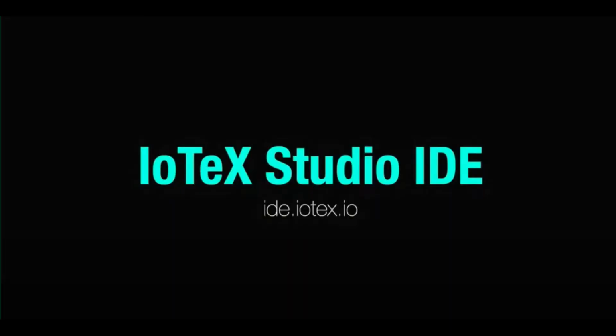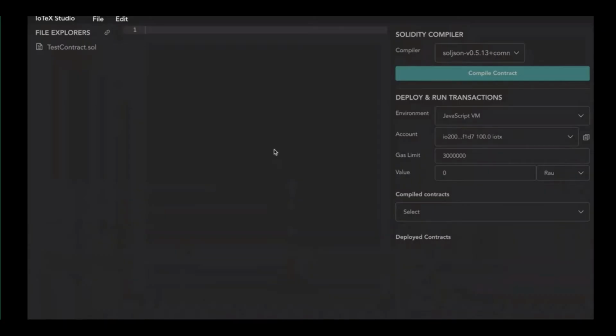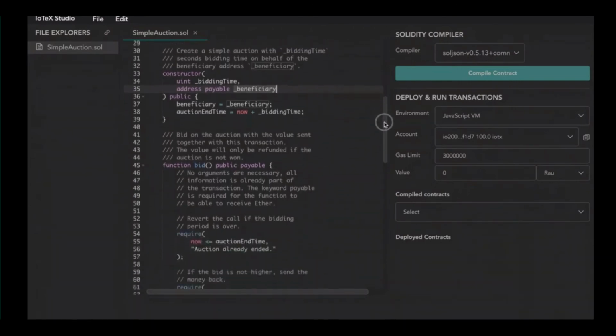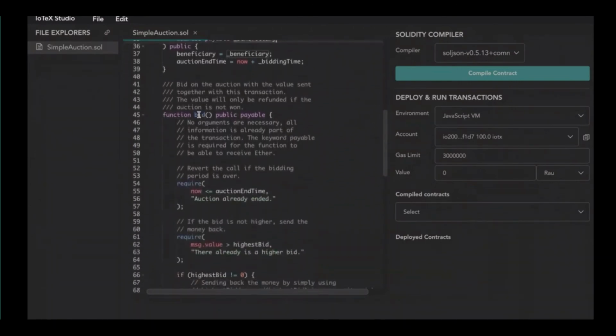Our new and improved web-based integrated developer environment, or IDE, allows developers to build and deploy smart contracts on IoTeX with ease. There is no need for complicated blockchain setups. Anyone can get up to speed in just seconds. Just write your code, build and deploy to the blockchain in one click with the IoTeX Studio. Watch the full tutorial on our YouTube and visit the website to port your Solidity smart contract to IoTeX in minutes.